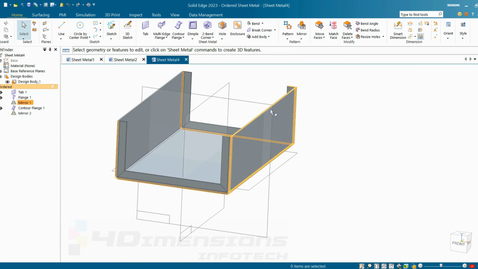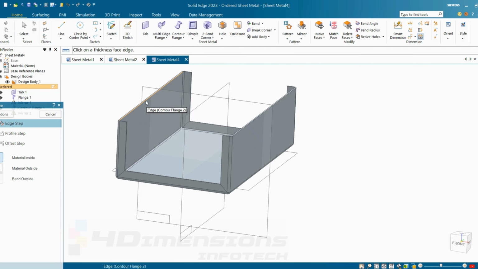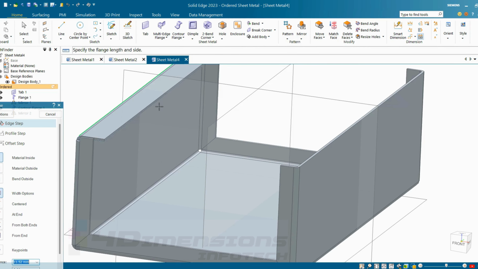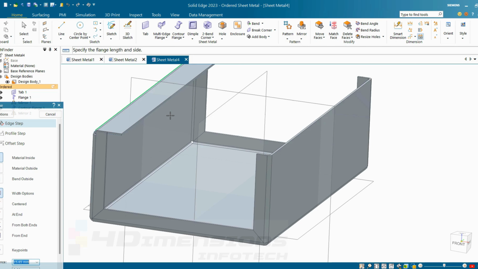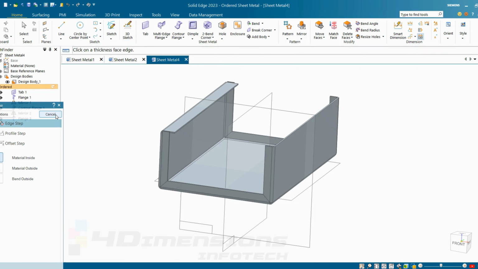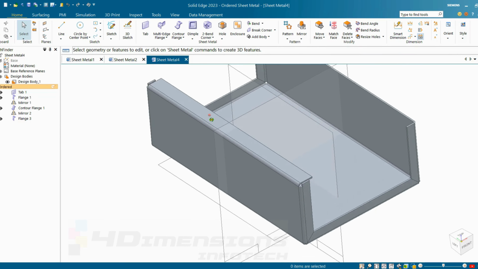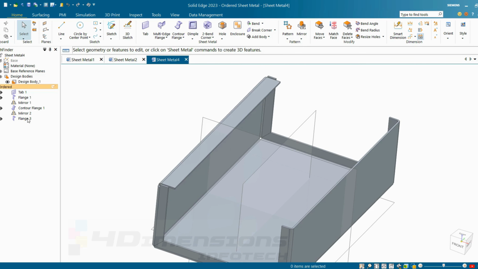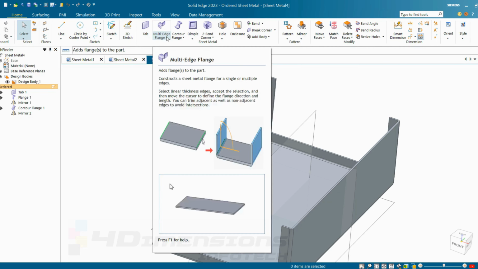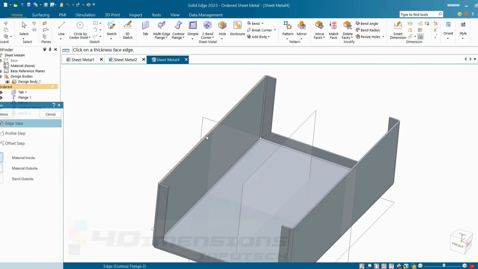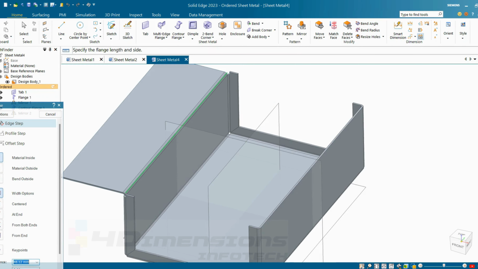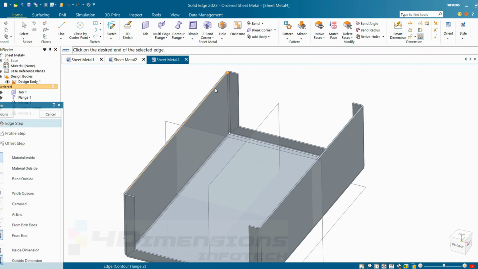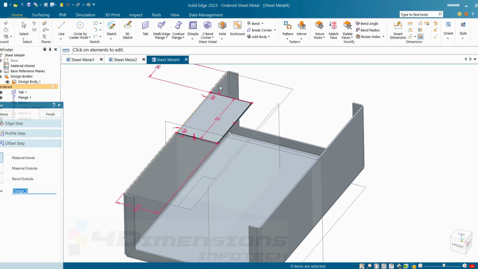Next, I want some flanges over here also. So for that, I'm going to select the flange command again. Click on the flange and we just need to drag it here. So I'll drag it here till the distance of 12 mm. Say finish and cancel. I want to change this width condition, but I don't want this width condition from end to end. So I'll delete it and again go for the flange feature and we just need to select the flange and then we'll go for the width condition as from end and I'll select this end here. So it will take the width from one side only, having offset distance from one end.